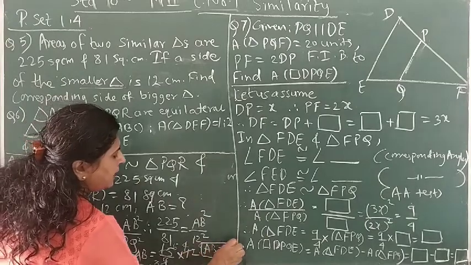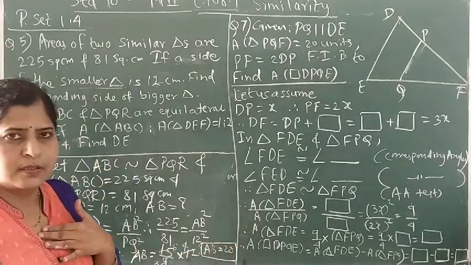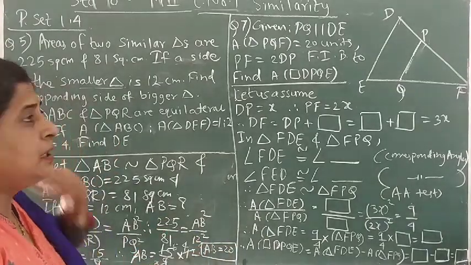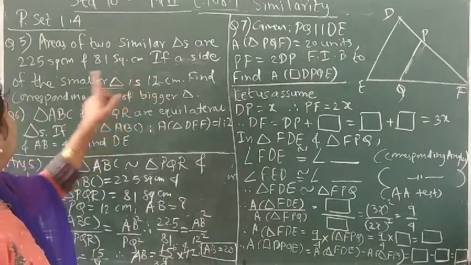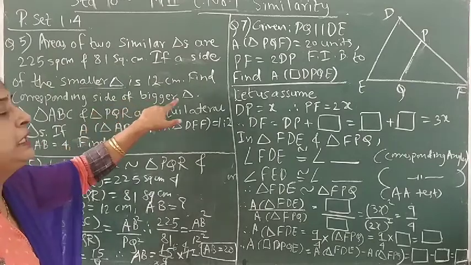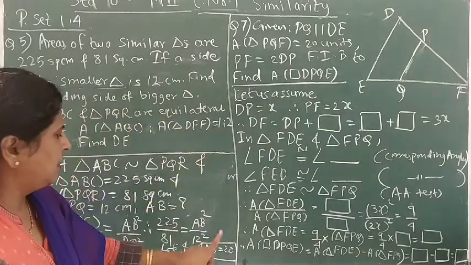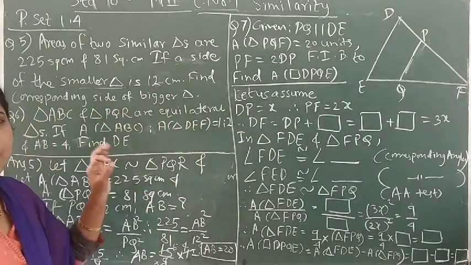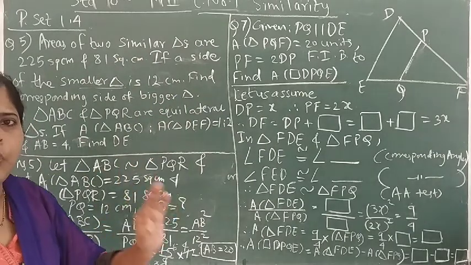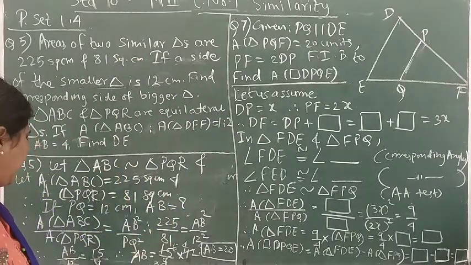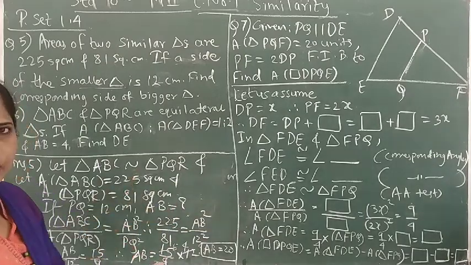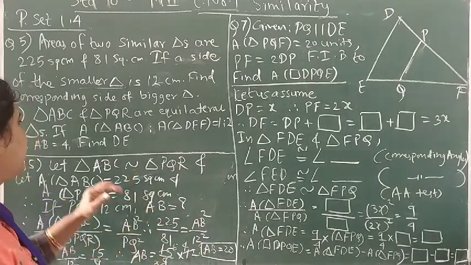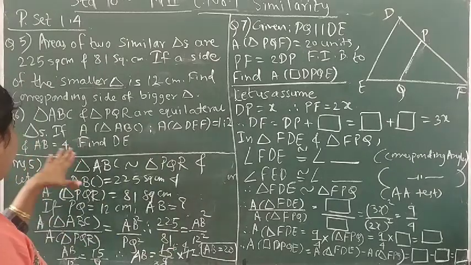Now this AB, PQ we have written for our convenience, to write. But in the question there is nothing given in the answer. So we have to write the answer that the corresponding side of the bigger triangle is 20 centimeter. So this should be the answer in words. You should write like that. Here I don't have space, so I am not writing here, but you should write this. If you don't write, you will miss your half mark, students. Okay, so this is the answer of question number 5.